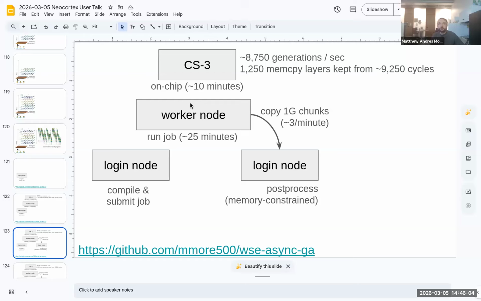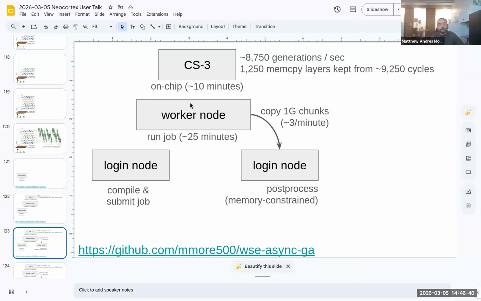And due to restrictions in how the API for working with these jobs is set up right now, we have to chunk this data into 1 GB pieces and then stream those back one at a time. I'm generally getting about 3 chunks coming back from the worker to the login node a minute. And so it's currently the case that more time in the job is actually going to getting the data from the worker back to the login node, about 15 minutes doing that, compared to actually 10 minutes running on